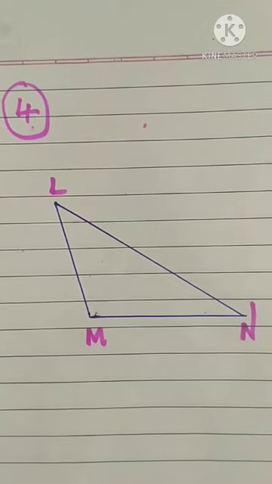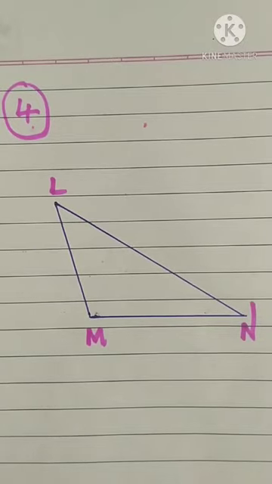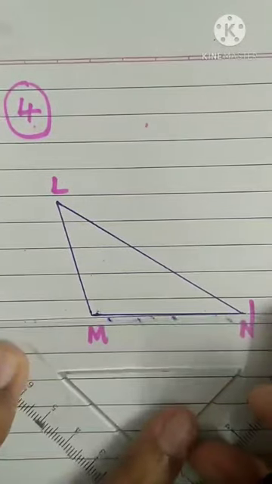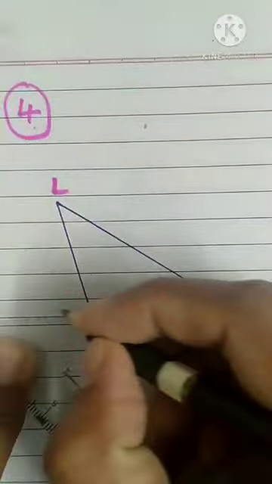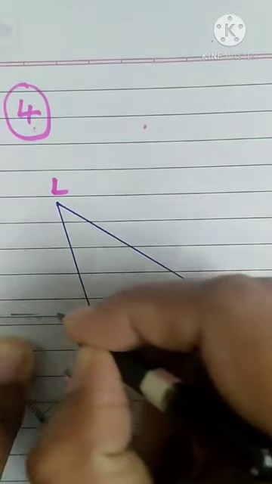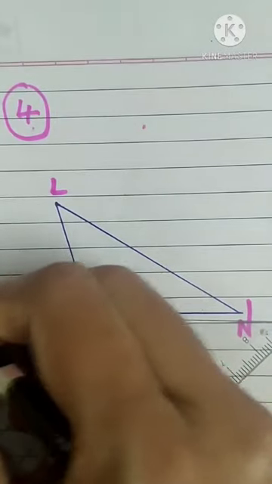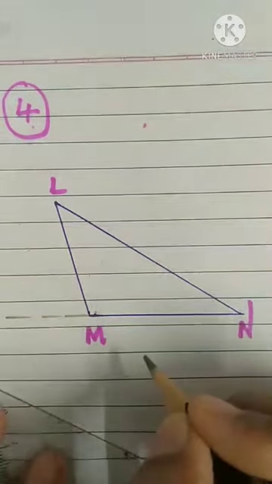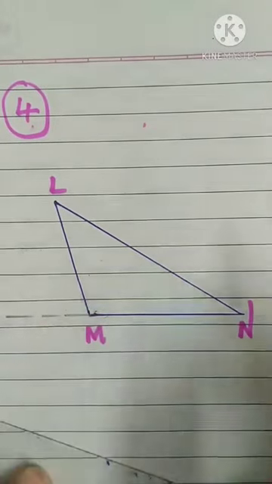Take your pencil and extend the sides of the obtuse angled triangle. For example, MN is a side, no? This side, using a scale, we will extend a little bit. Extend means with dotted lines, show it this way. This is called extending. We'll make it a little bigger. We'll extend that side. Okay. So first we will draw the altitude for side MN, because we extended MN.